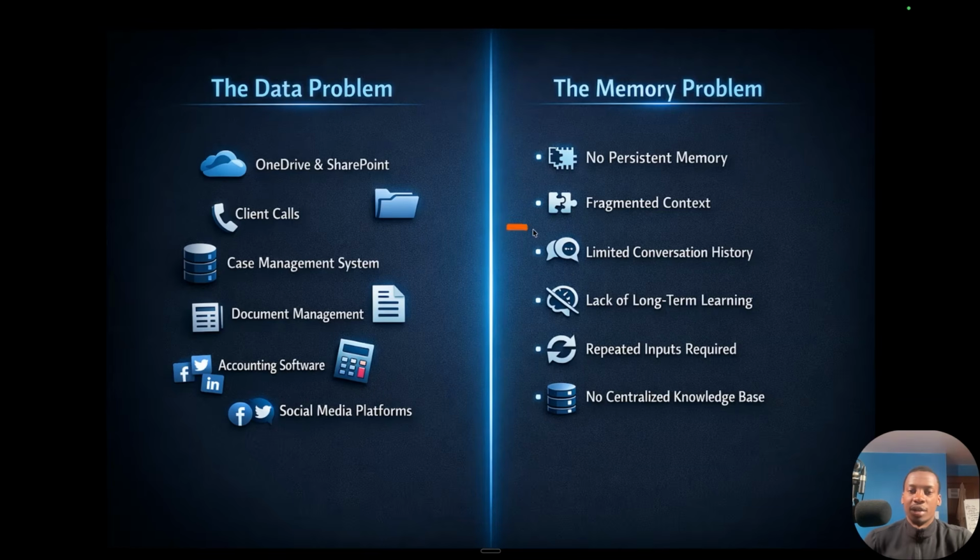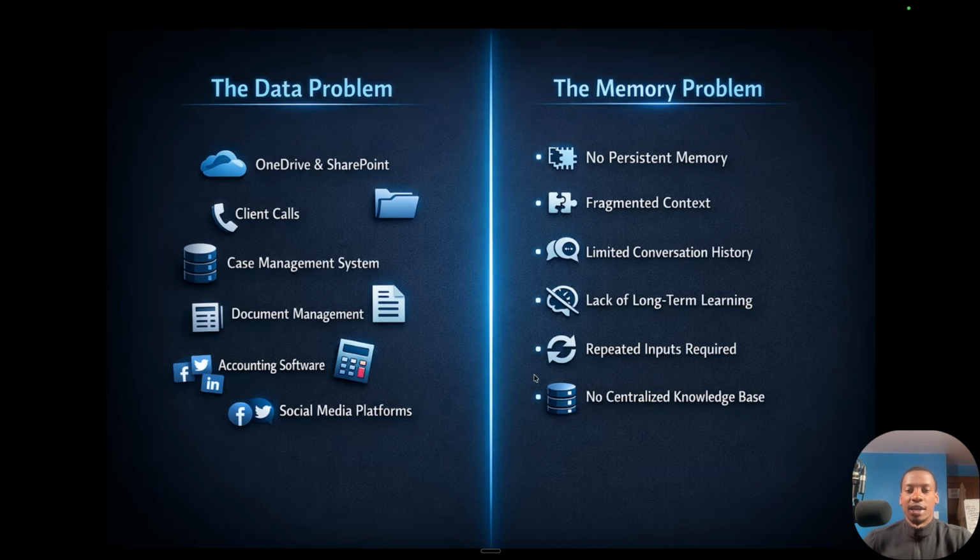So same thing here is a limited conversation history. This is even within the same conversation. It may not remember things that you talked about earlier that day or in that same conversation thread. Then because of all these memory challenges, you don't have this sort of long-term learning and compounding ability that will make AI a lot more powerful for you. And so you end up saying the same things over and over again.